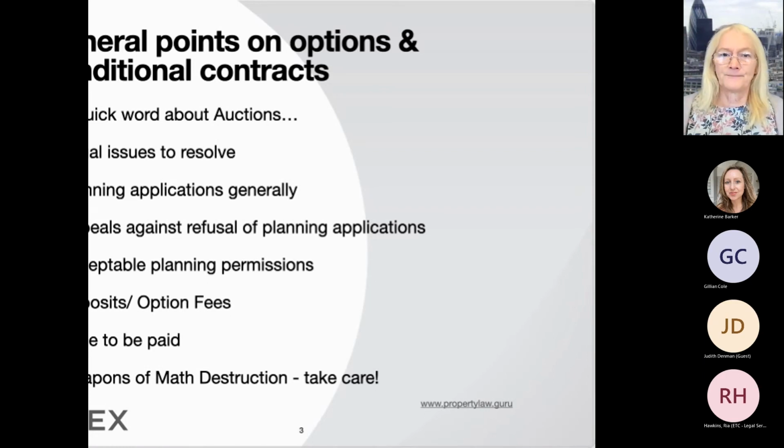So the price. Now, I've already talked about the competing interests of the buyer and seller and the attempts by one to try and confuse or outdo the other. So at the very outset, it should have been agreed in the heads of terms how the price was going to be assessed if either the conditional contract became unconditional or if the option notice was going to be served.